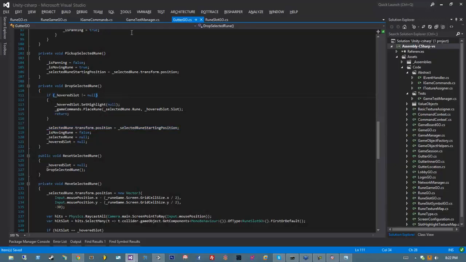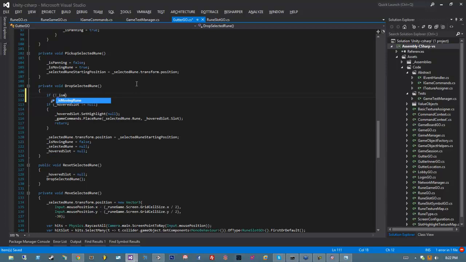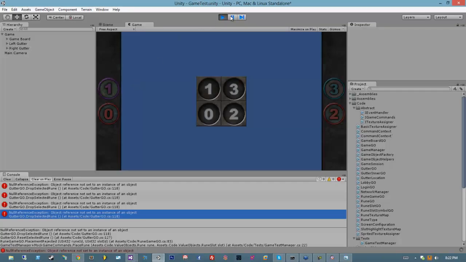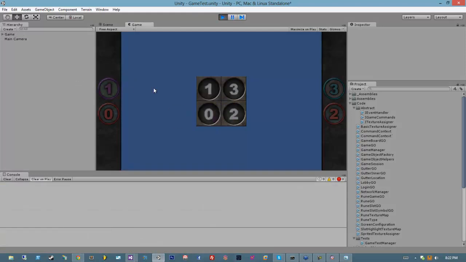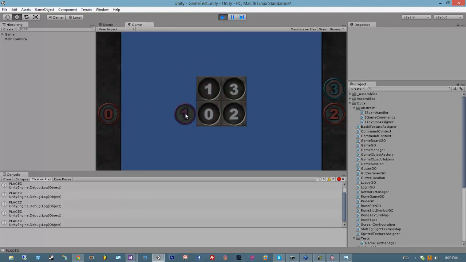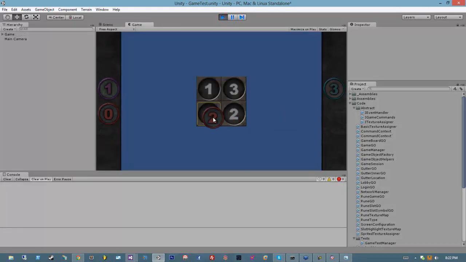Oh, right, because we're invoking the drop selected rune on both the gutters. So what I need to do is say, if we're not is moving rune, then return. Good. But if we place it into 1, then we placed it. However, we don't have any logic yet for placing it. So these properly work now. It gets reset if the rune placement gets denied. But if we do place it, then we see the debug log, and now we can go ahead and implement